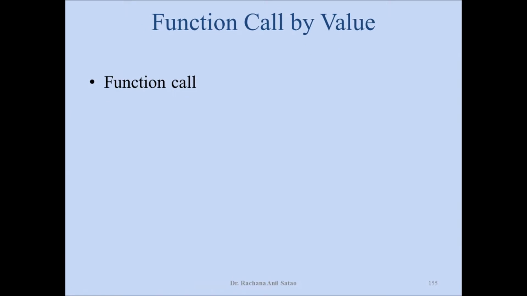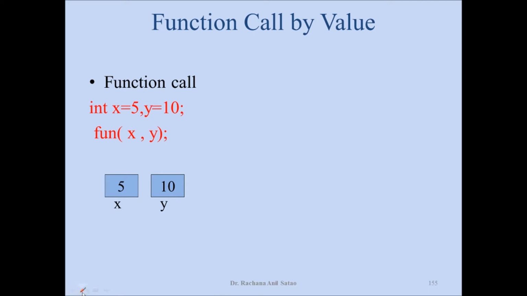Normally whenever we declare any variables in C++ like this, integer x equal to 5, y equal to 10, one integer memory location is reserved for x. The name of the location is x. It has some address associated with it as well as a value associated with it, that is 5. Similarly for y we have the name y and value 10. So x and y get some memory location and the values 5 and 10 get copied to it.